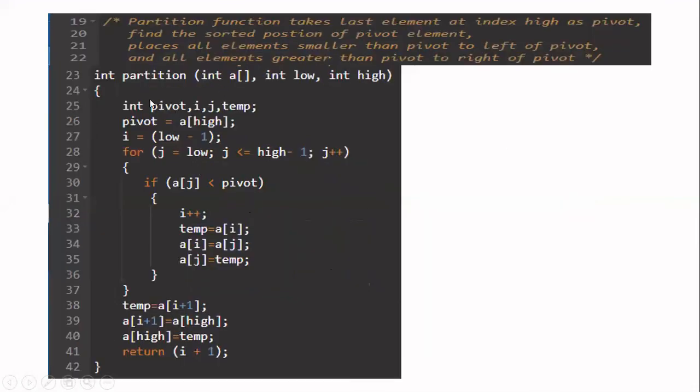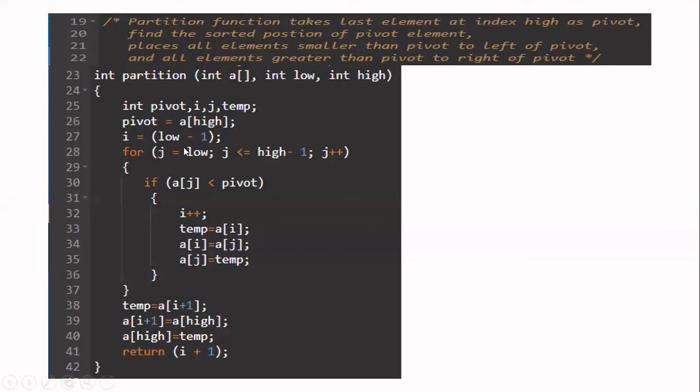So, if you see the partition function, this function will take three values as parameters as the quicksort function. One is A, that is the entire array, and low and high. Here this low and high are nothing but what is the current array you want to partition. It is not the original array we gave from main. Every time your array is reducing its size. So whatever is your current array, you pass the low index and high index of that particular array as the argument to the partition function.